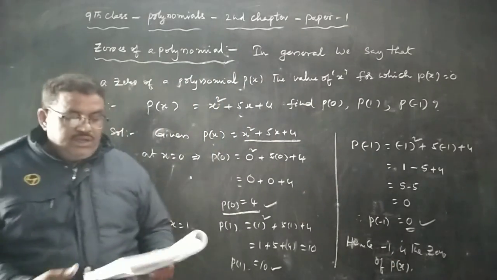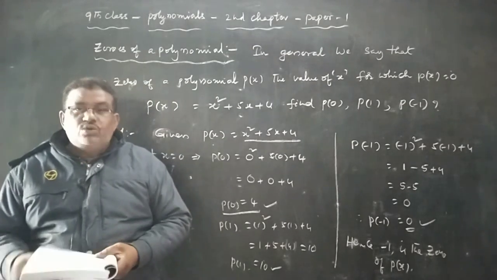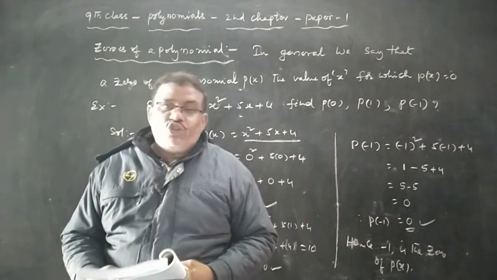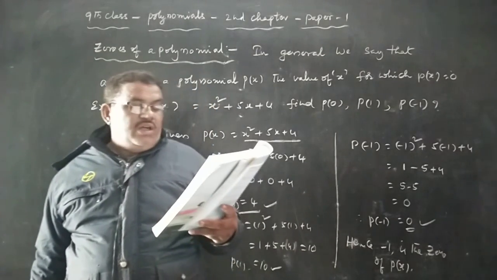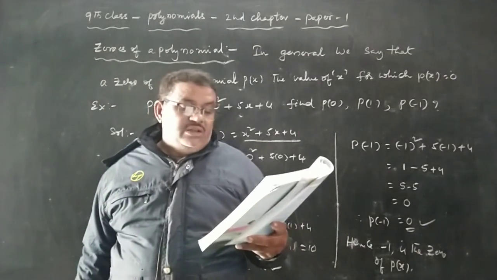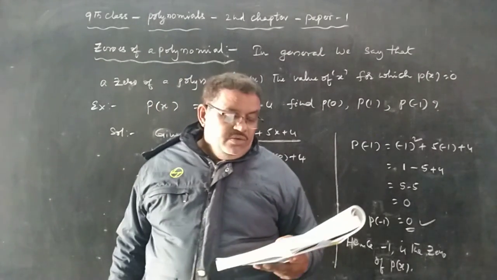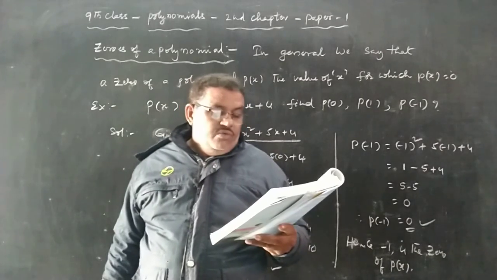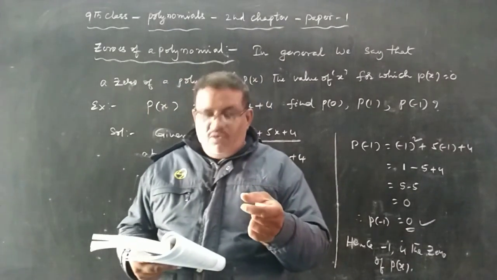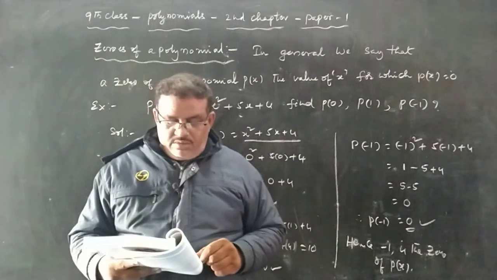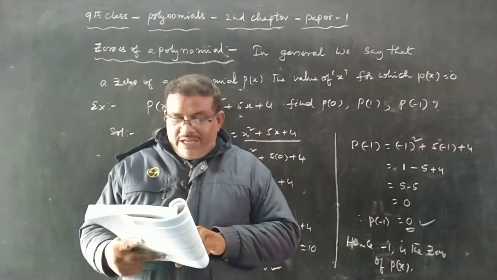In the same pattern, you have to do the problems in page number 33. There are nearly 6 problems. Find the value of each of the following polynomials for indicated value of the variables. Value of polynomial we need to find. For first problem, p of x is equal to 4x square minus 3x plus 7 at x equal to 1. We need to find the value of p of 1. Same like next problem, y is equal to 1. Next value at t equal to p.